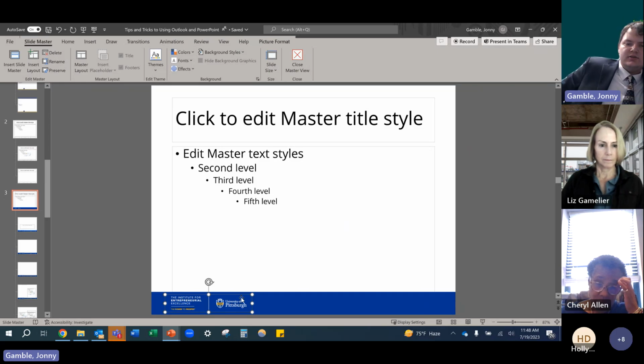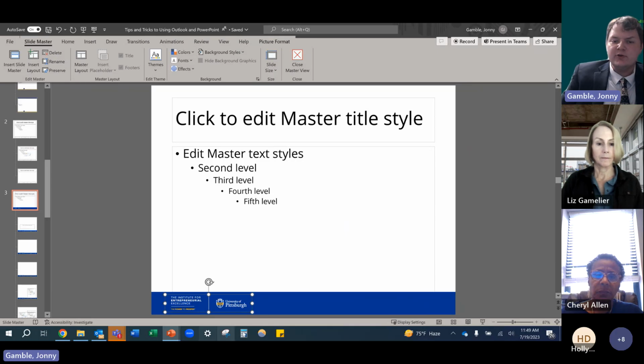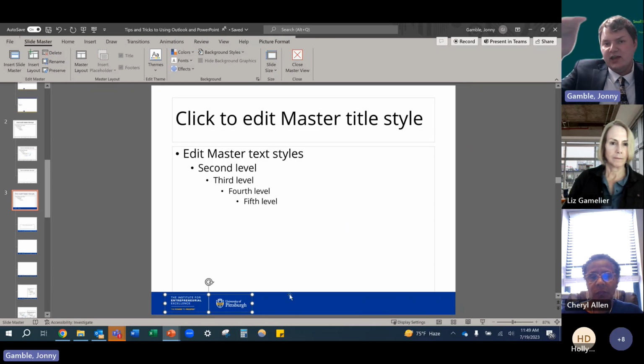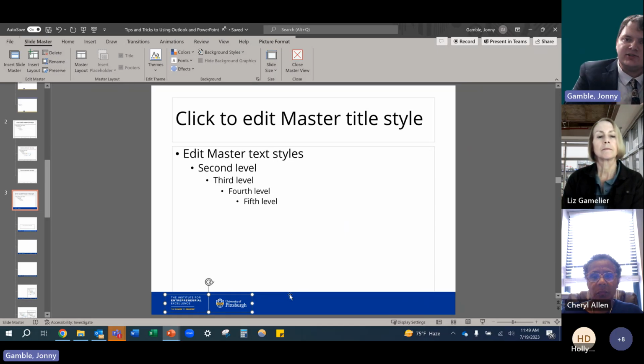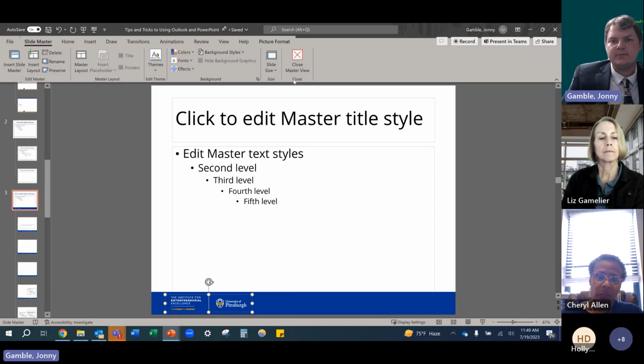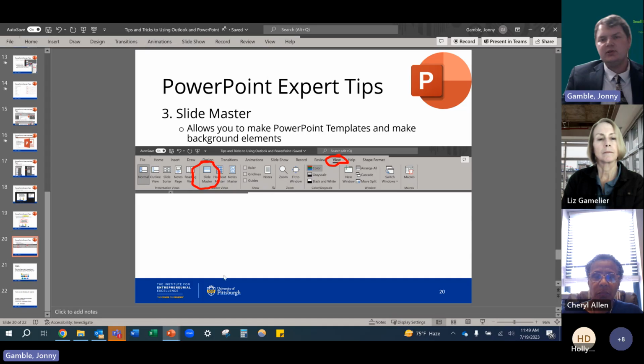Let's say this slide version I have right here has the Institute for Entrepreneurial Excellence and University of Pittsburgh logo on the left-hand slide. Well, if I wanted to get rid of that, I could go into the slide master and I could delete it right then and there and make sure that all those other slides don't have that set in there. The reason why the slide master is so useful is